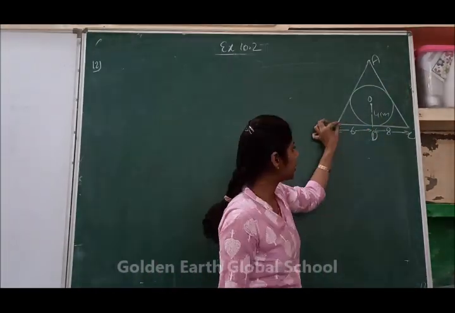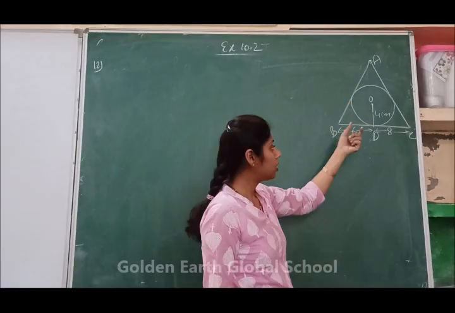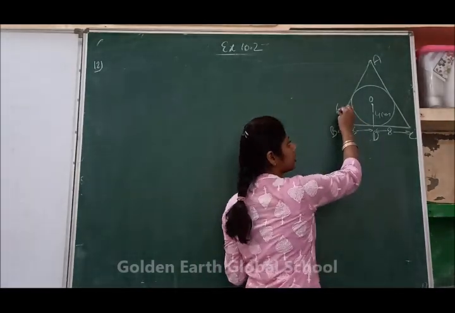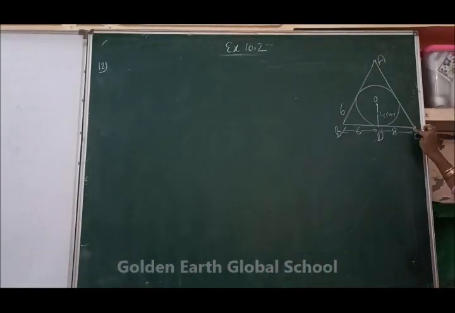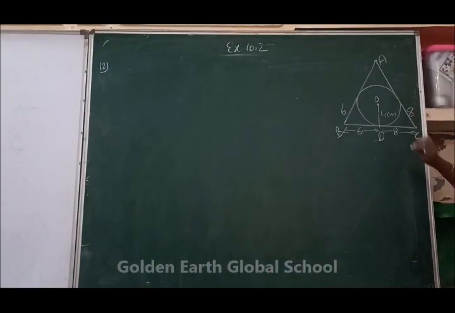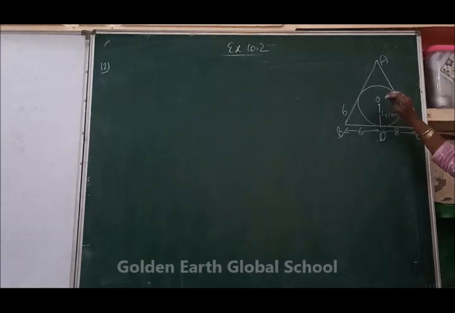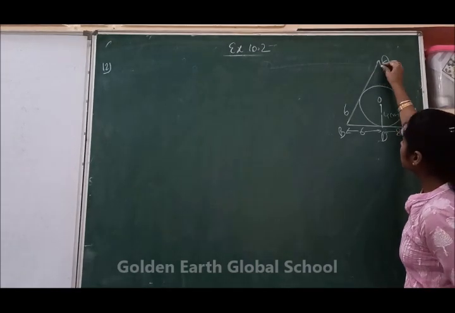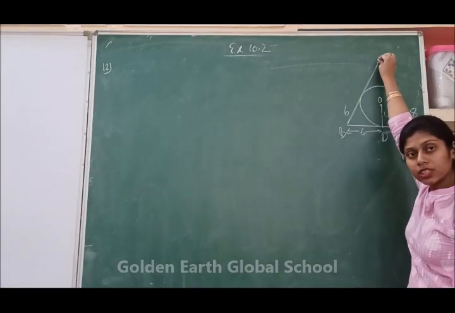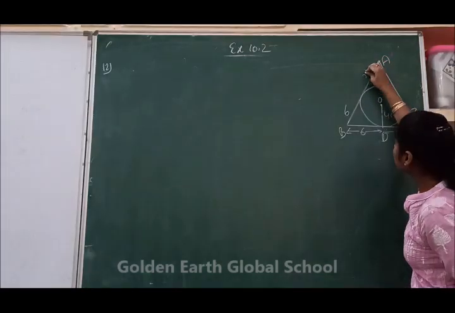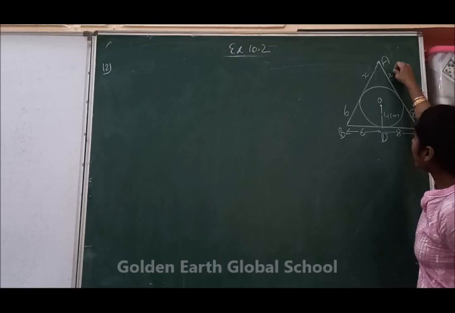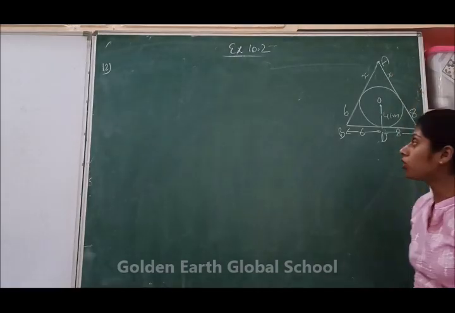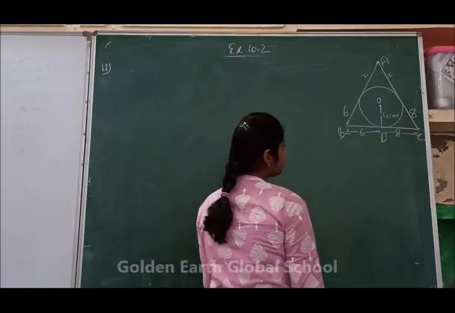Now say B is the external point to this circle. So this is 6. This is also 6 because of the length of tangents. Similarly, C is an external point. This is 8 centimeters. This is also 8 centimeters. So what do we have to find? We have to find these lengths. These two lengths are also equal because A is the external point. Let it be X. This is also X. Means we have to find the length of X. How will we find the length of X?